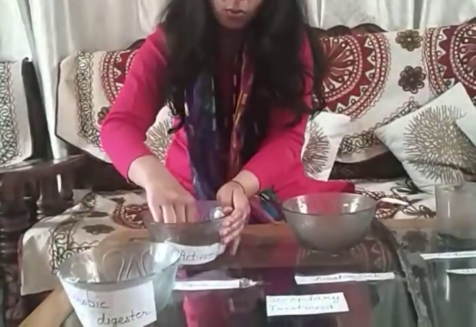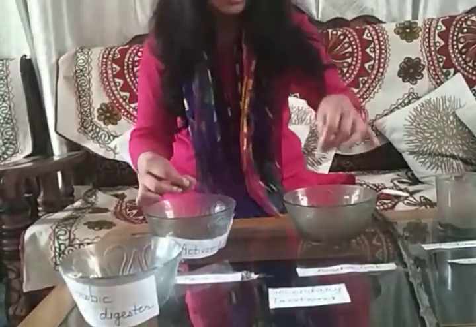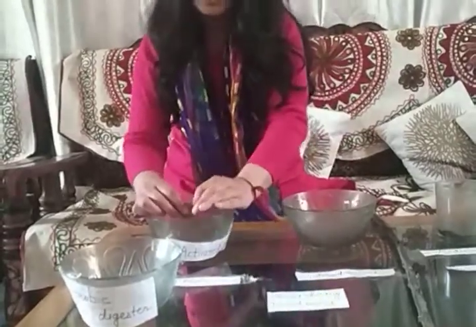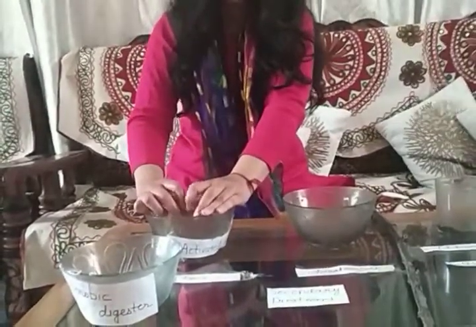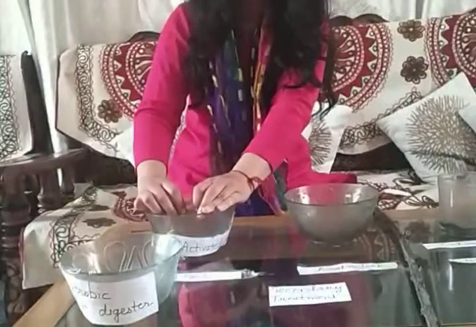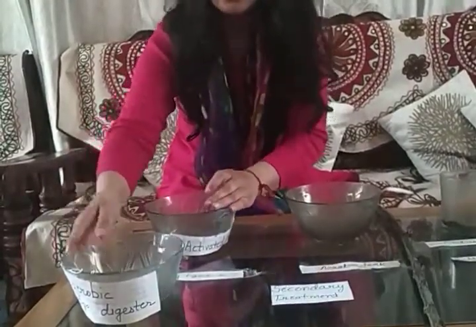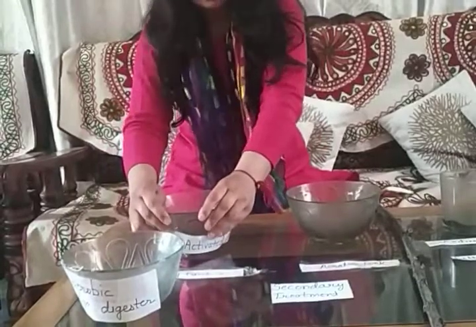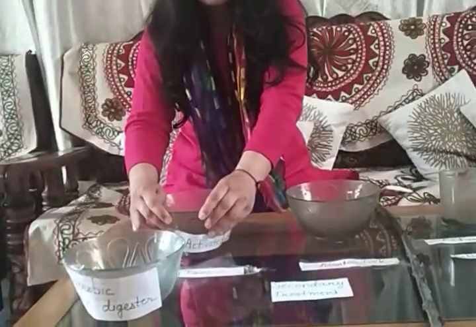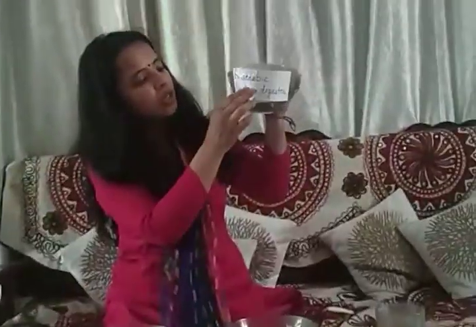And then what is the use of these aerobic bacteria? A part of this I will pour into my aeration tank as a starter, so that more and more aerobic bacteria can be produced in a shorter time, and the excess of it I will pour into an anaerobic sludge digester. Clear? And this anaerobic sludge digester contains various anaerobic bacteria.